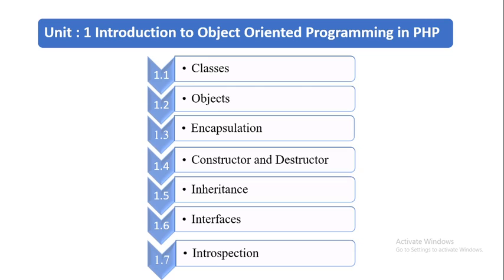Then the next concept is inheritance. When a class is defined by inheriting the existing functions of a parent class, it is called inheritance. Here the child class will inherit all or a few member functions and variables of a parent class. Then the parent class is a class that is inherited by another class, and it is also called a base class or a superclass. Then the child class is a class that inherits from another class, and it is also called a subclass or a derived class.